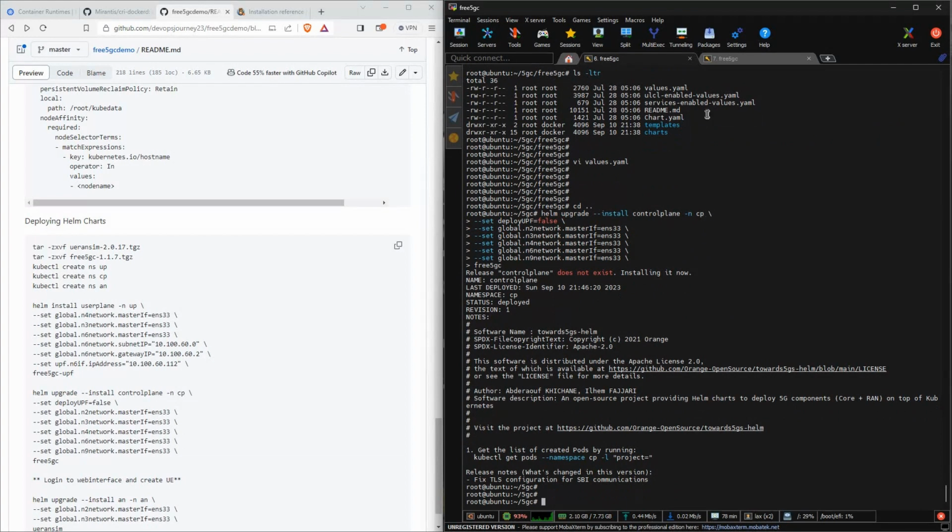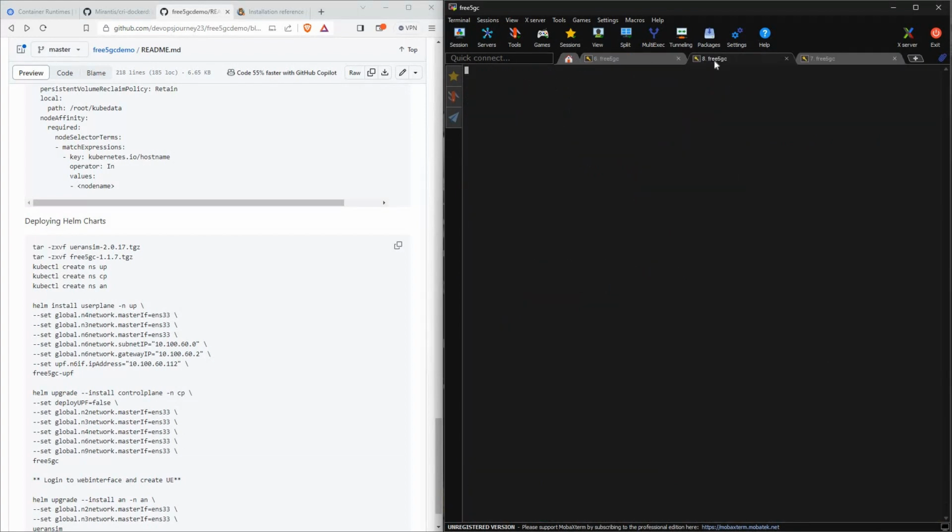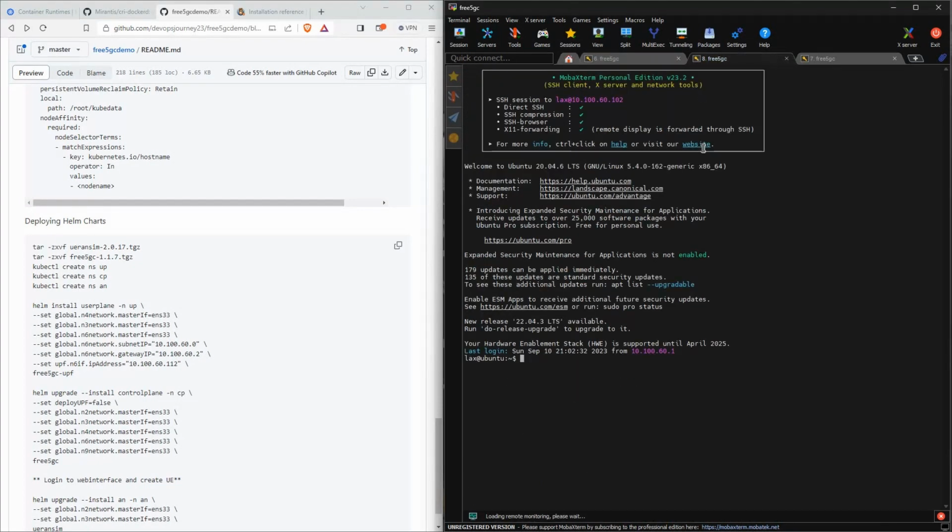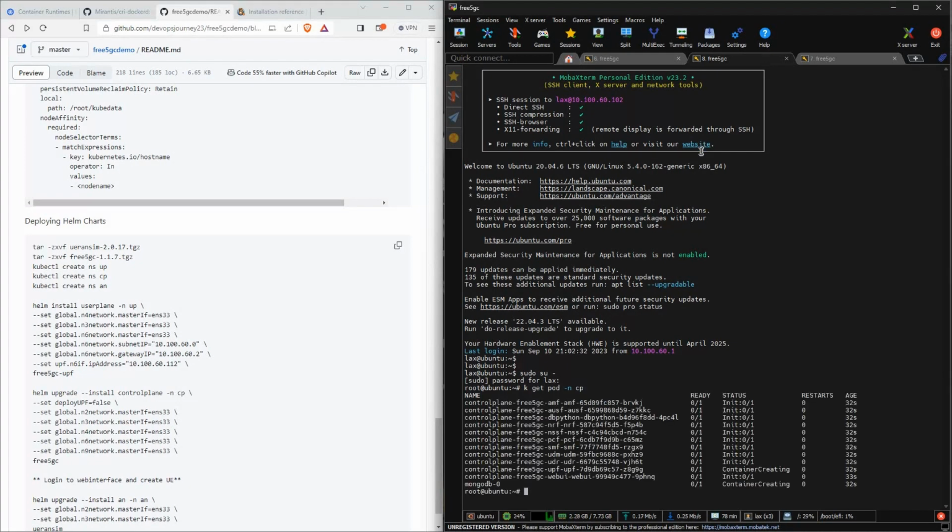So let's add one more tab. Alright, so now it's installing the MongoDB, and then